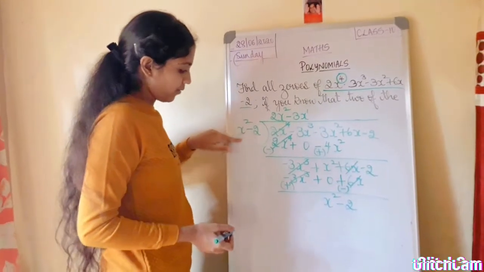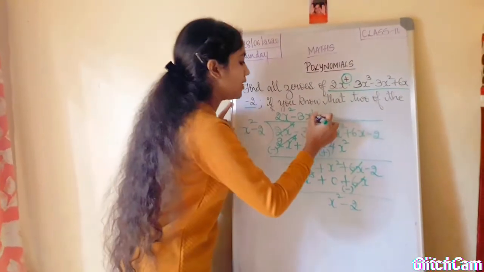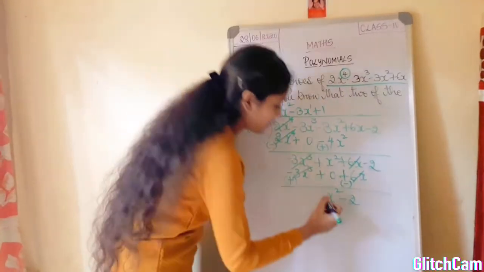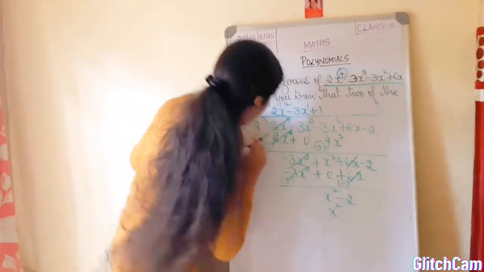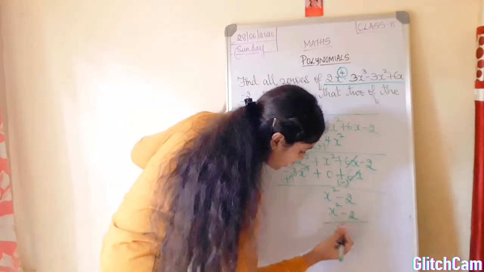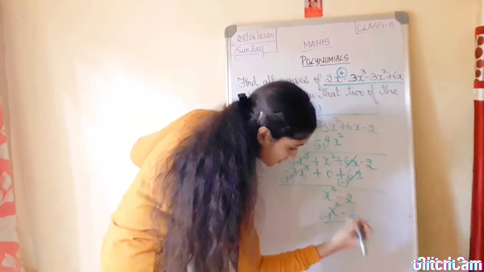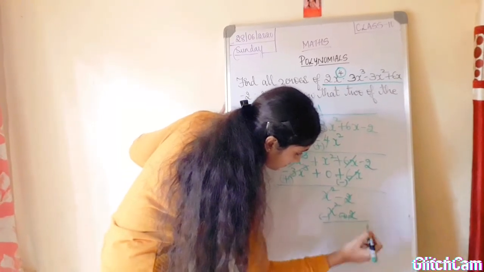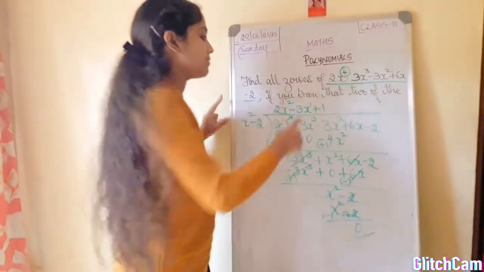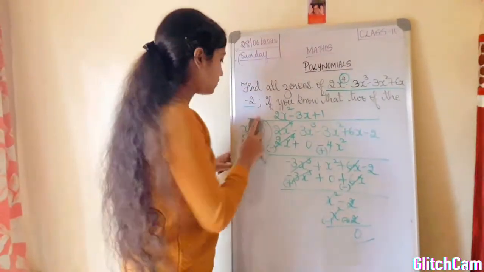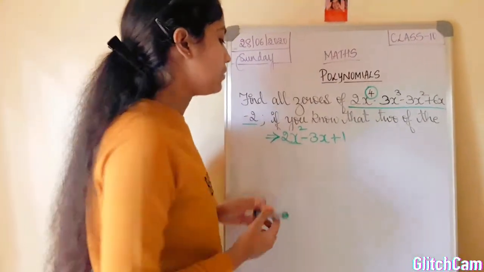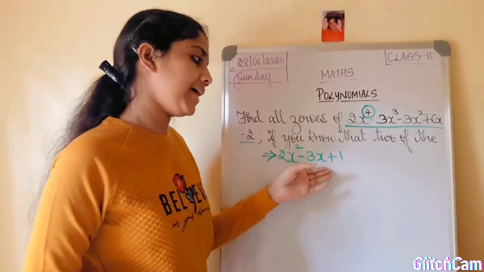Now observe x square minus 2, x square minus 2. So it is plus 1 because you have plus sign here, you write plus. So x square minus 1, x square into 1 is x square. Minus into plus is minus, 2 into 1 gives you 2. Now change the sign again, minus x square plus x square cancel. Plus 2 minus 2 cancel, you get the remainder as 0. So now 2x square minus 3x plus 1.